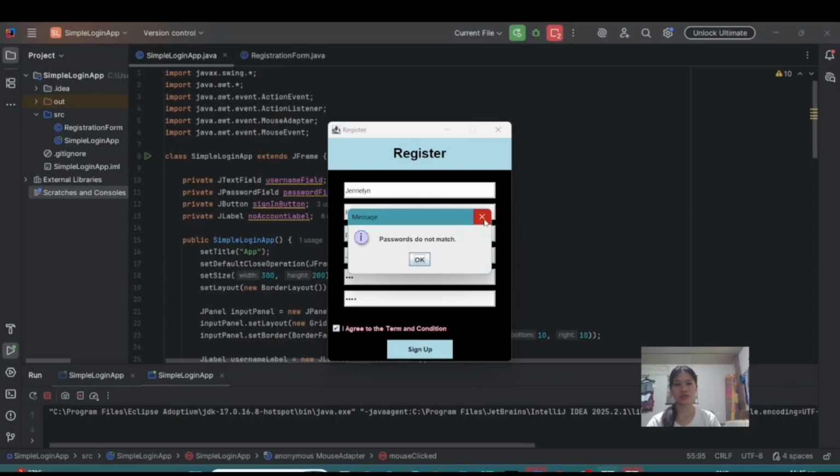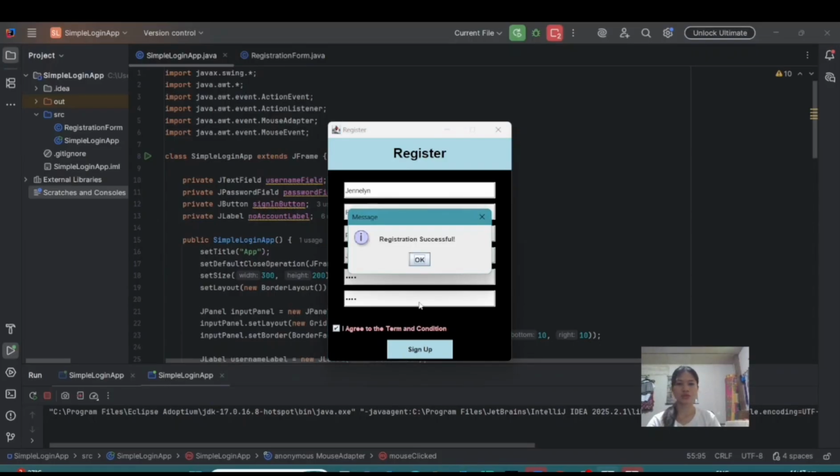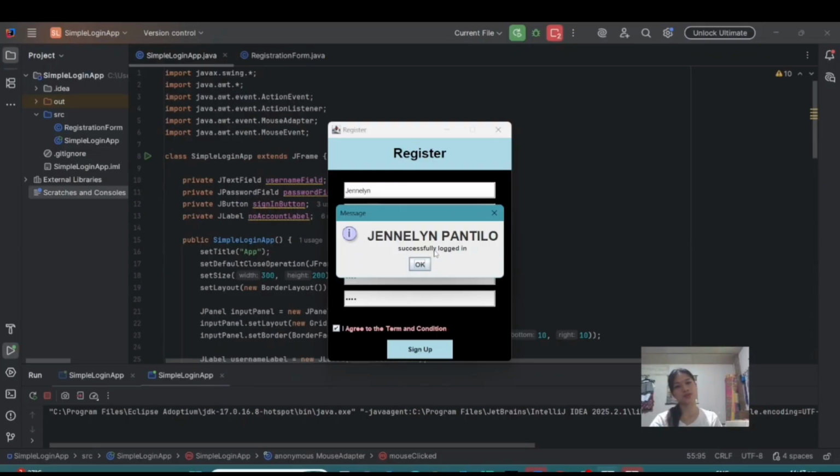It shows an error if the passwords are not the same; they must be exactly the same. So the registration is successful. Let's click okay. It also asks, Do you want to sign in with your new account? So yes. Jenilyn Pantilo successfully logged in. So thank you.